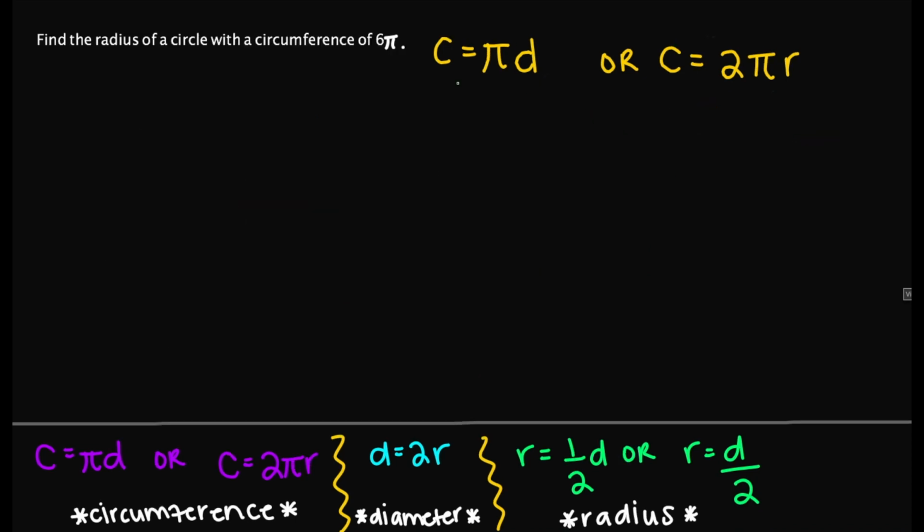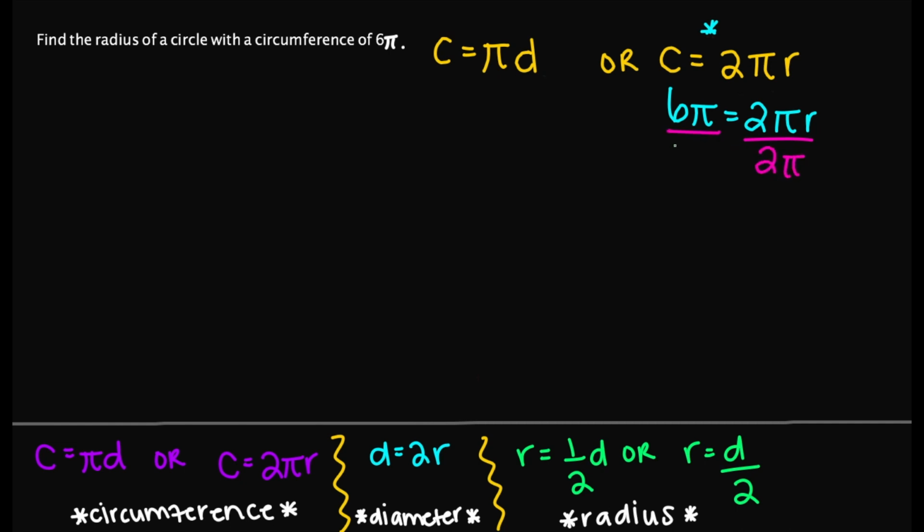So let's look at this example here. Let's say you need to find the radius of a circle with a circumference of 6 pi. So we need to find the radius. Let's look at this formula on this side here. If my circumference is 6 pi and I need to find the radius, I'm going to do 6 pi equals 2 pi r. I'm going to divide both sides here by 2 pi because we need to get the